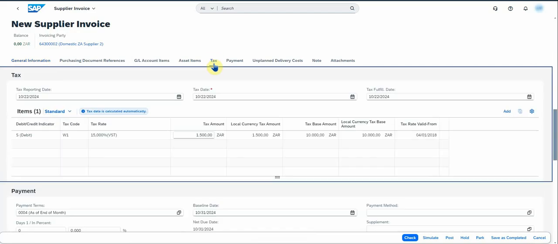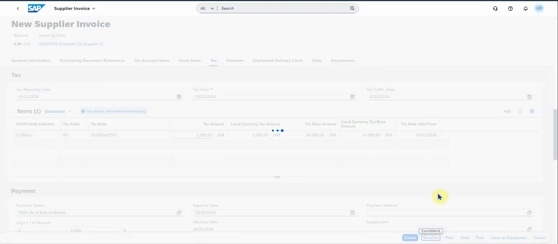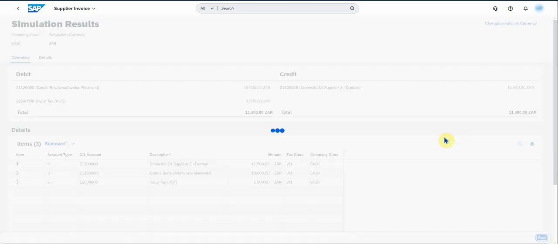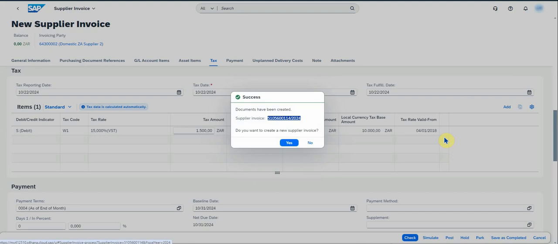You can click on the tax section for the tax details, and you can simulate it to see what the simulation does. It will give you a breakdown of the GL accounts, and when you're happy with that, you can just post. Okay, and there's your supplier invoice,